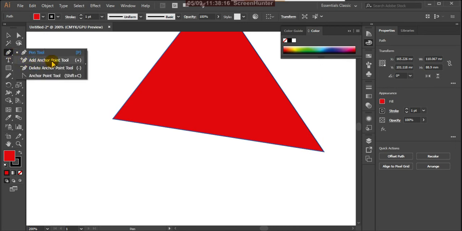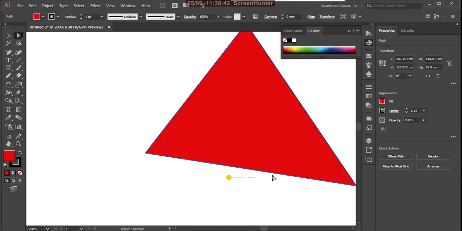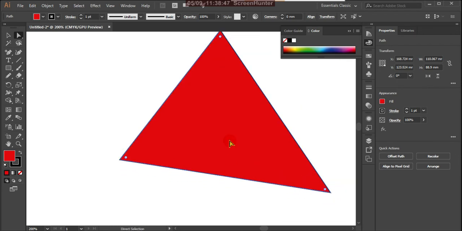The add anchor point tool is there, just click on that and click anywhere you want on the path. See, I created it. There it shows an anchor point. Now by selecting the direct selection tool, you can select that anchor point.